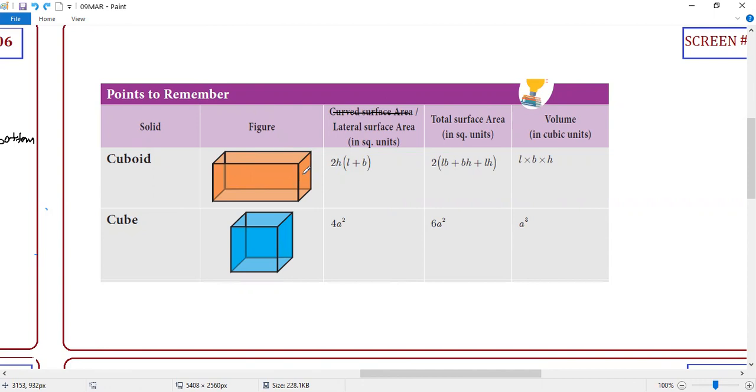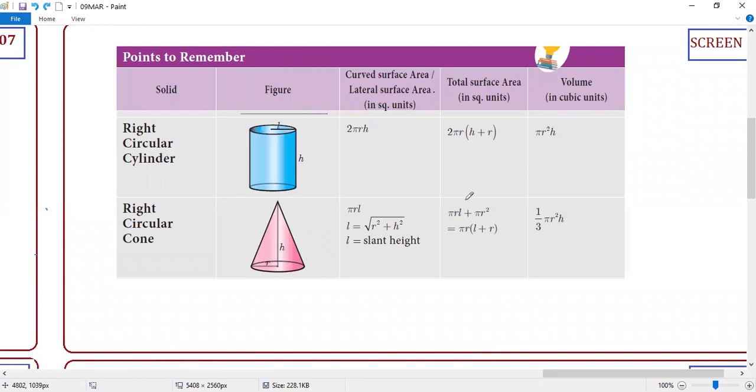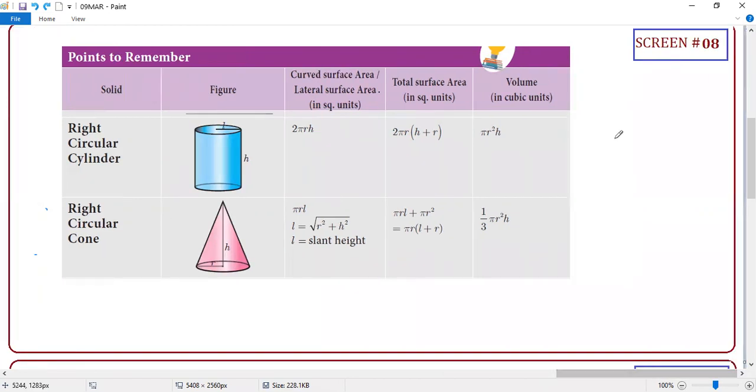So what is the conclusion, students? Anytime instead of CSA, you can say LSA. But you cannot use LSA for CSA anytime. Are you clear? Even for cylinder, you can say LSA. Even for cone, you can say LSA. So CSA is the special name. CSA is the special case of LSA. Remember this. Don't get confused. I can use LSA everywhere. But if I want to use CSA, the surface area should be curved. This is the conclusion.